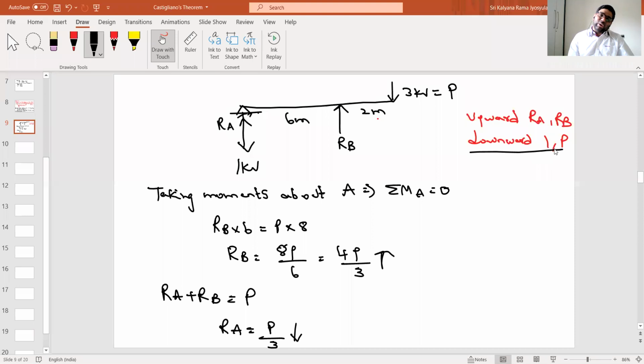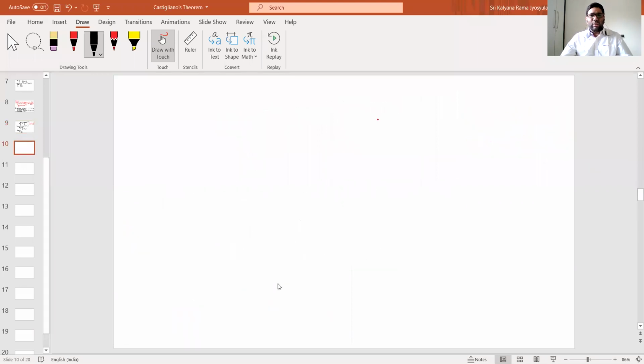So the question is, we have a 1 kilonewton load acting here. But what did we say? Whenever we are trying to take the deflection at point C, we have replaced 3 kilonewton with P and we have removed all other loads. That's what Castigliano's theorem also considers. So at this point we have only the load P at joint C, because it's an imaginary value that we have put up, but that value will be substituted later. That is equal to 3. So RB is equal to 4P by 3, RA is equal to P by 3.